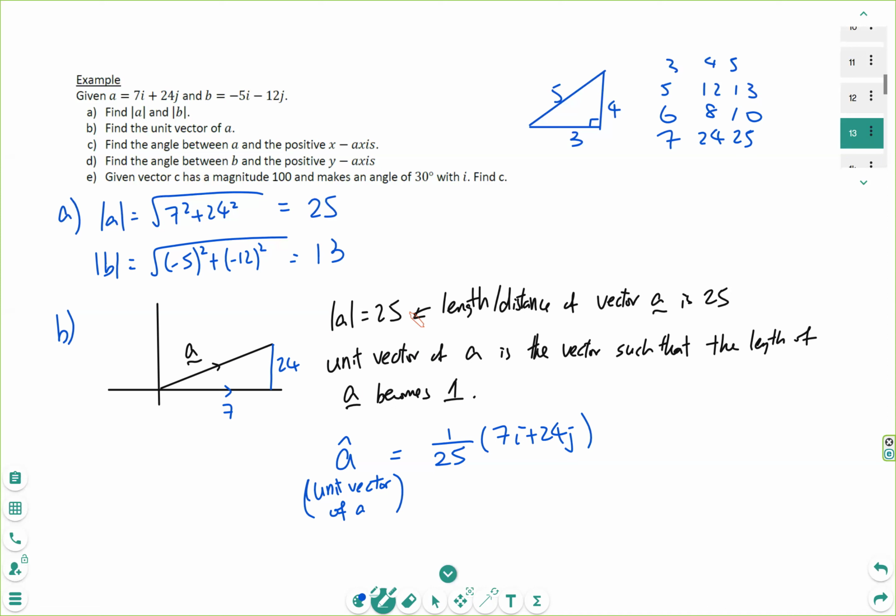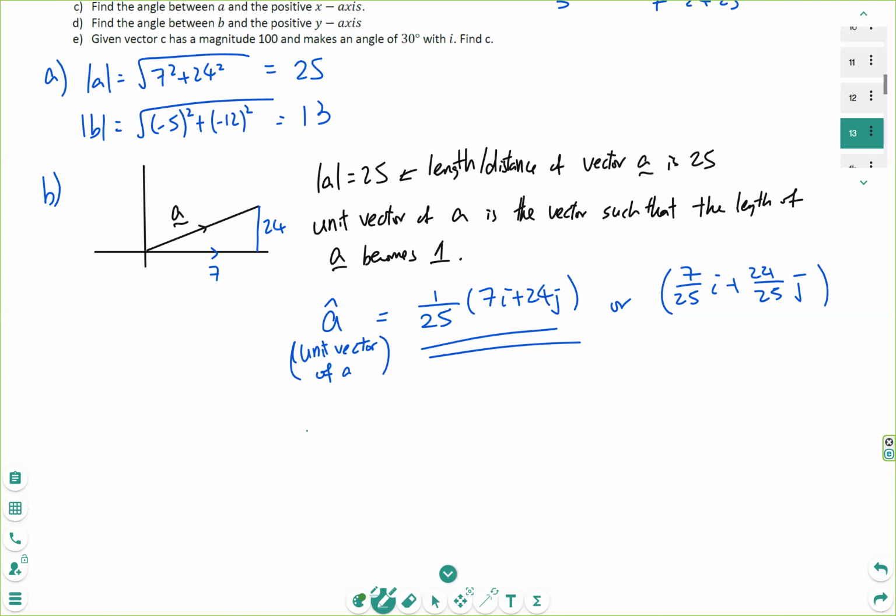The length is 25. Imagine centimeter. If I want to shrink it to 1 centimeter, I divide the whole thing by 25, divide the vector A by 25, and that's the unit vector of A. Or you can expand the bracket, or you can write 7 over 25i plus 24 over 25j, but it doesn't matter. So all in all,